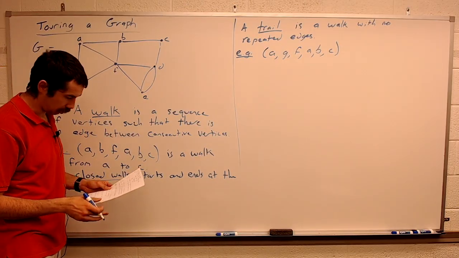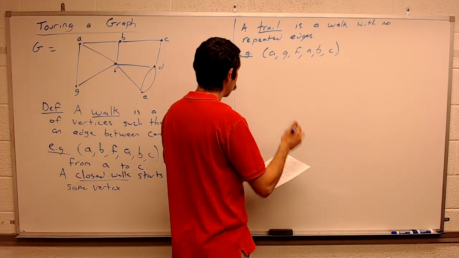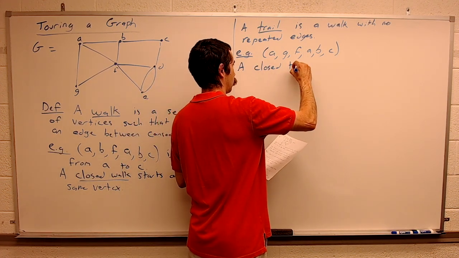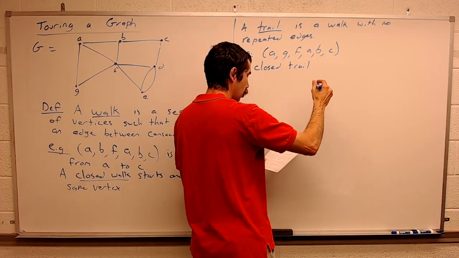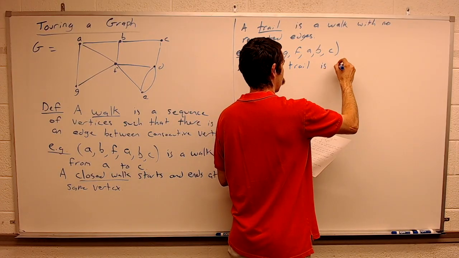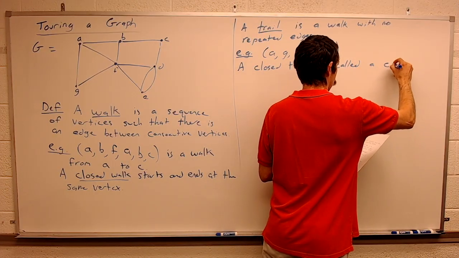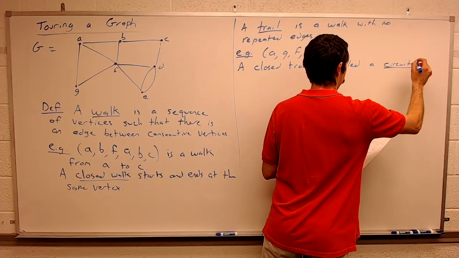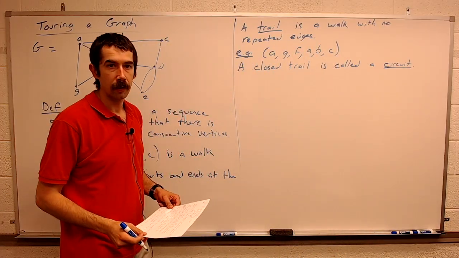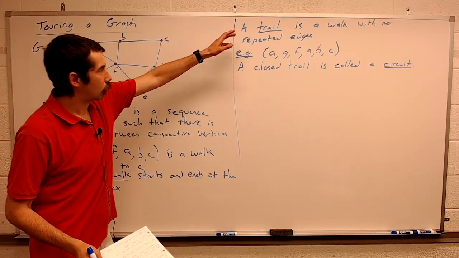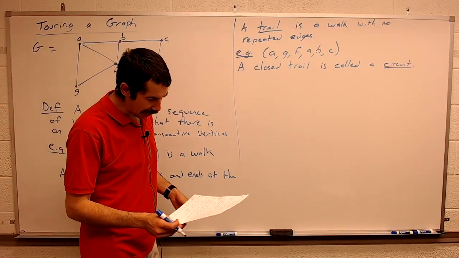So this is a trail. A closed trail is called a circuit. Okay, so walks and closed walks go together, trails and circuits, and then finally a